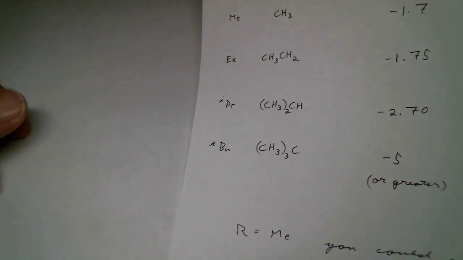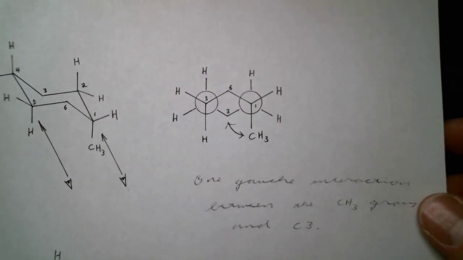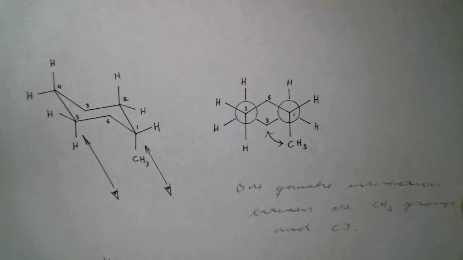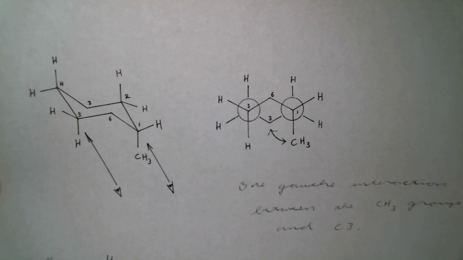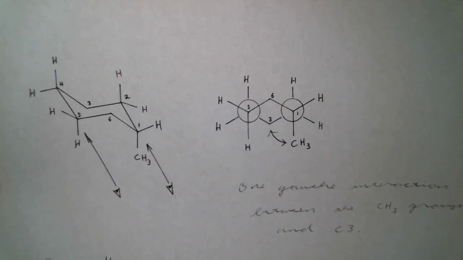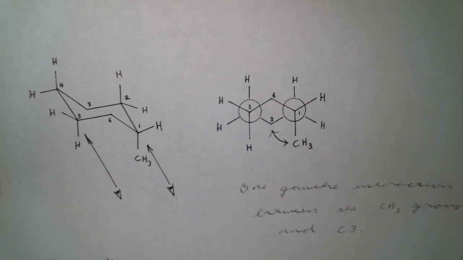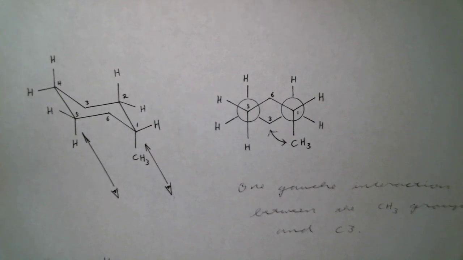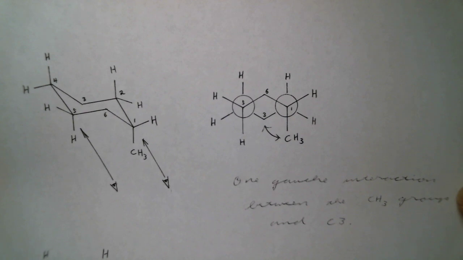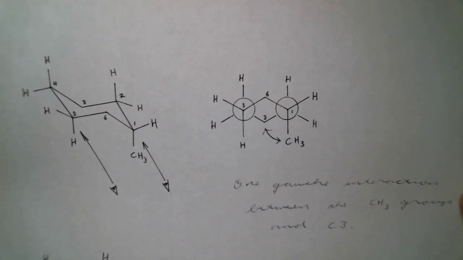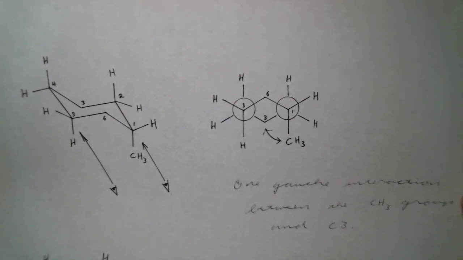Okay, so we have to ask why. Why negative 1.7? There are some interesting reasons for that, and something we can relate to now that we've seen gauche butane. I don't know if you remember, but gauche butane compared to anti-butane was about 0.9 kcals per mole higher in energy. So we can see quite clearly if we do a Newman projection on this methyl cyclohexane conformer in